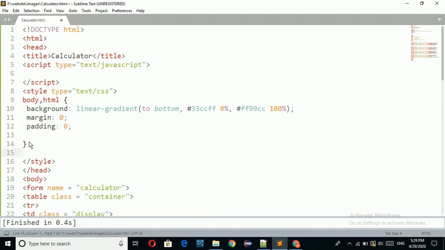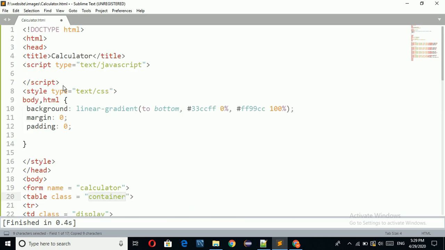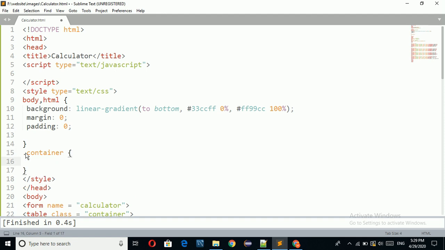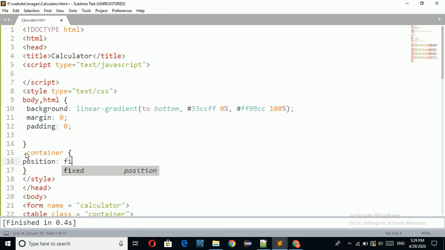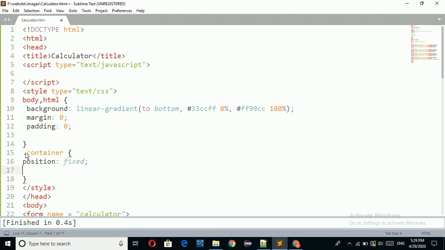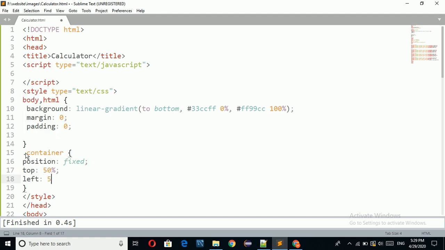Now I am going to apply CSS for this container. The container is nothing but this table, so here I am taking table. In this table, position equal to fixed and top equal to 50% and left equal to 50%.